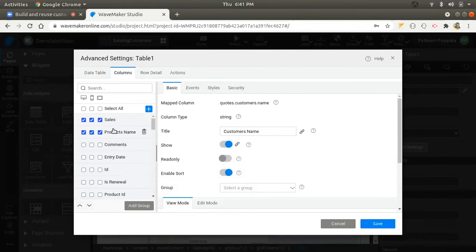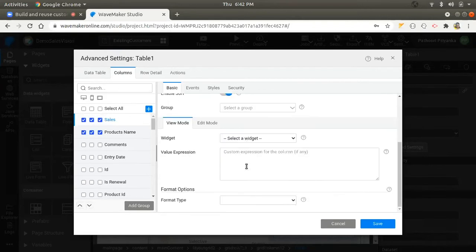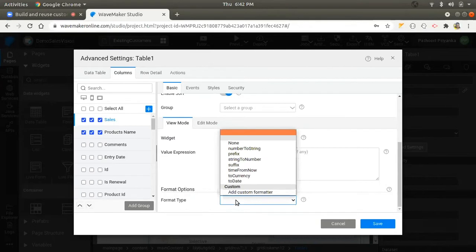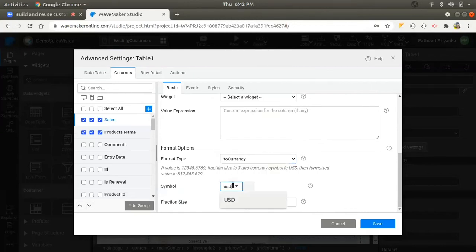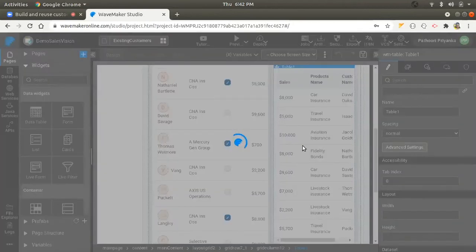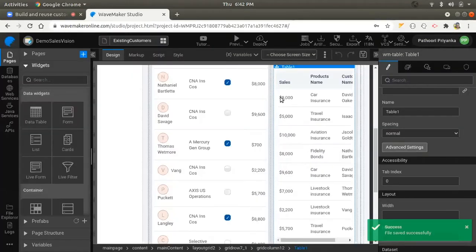And one more configuration here in the sales column: the data coming from the database is of number type, but I want to show it in a currency format. These are the format options available. I'll apply the currency format, and also select the currency symbol, and save. As you can see, the formatted data is reflected here in the sales column.